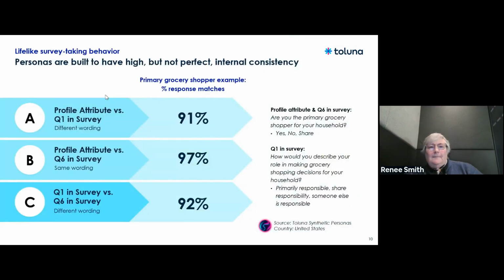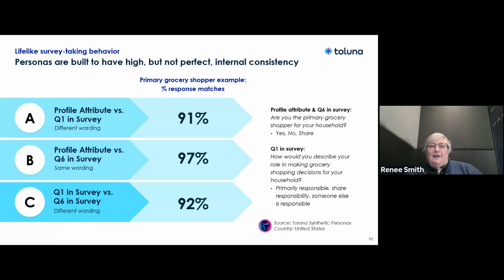All right. Another question we often get asked is, do you allow them to make errors? So we've built them to have high accuracy and high consistency, but we've intentionally not made that perfect, even though we could. We don't want to over-engineer it. As we talk with clients, one of the things clients ask us is, can they make errors like humans can? So what I'm showing you here is just the test of